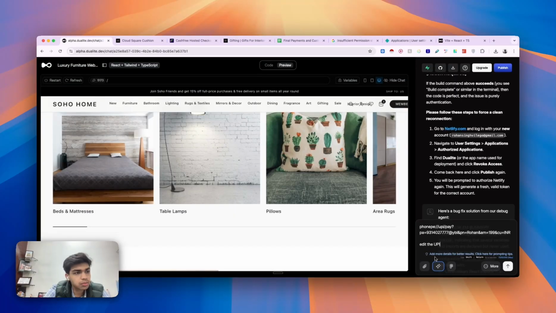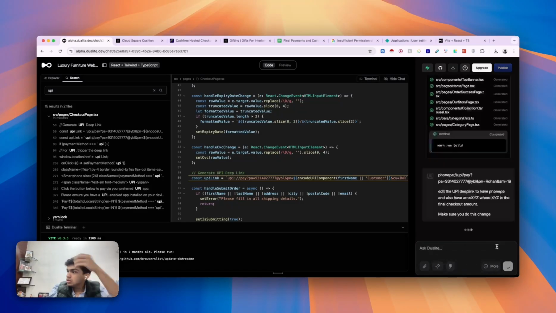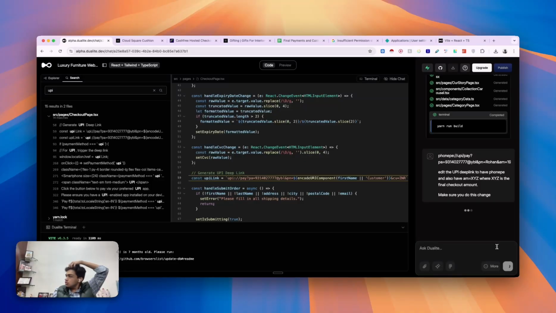Edit the UPI deep link to have PhonePe XYZ, where XYZ is the final checkout amount. Make sure you do this change. I think this will,